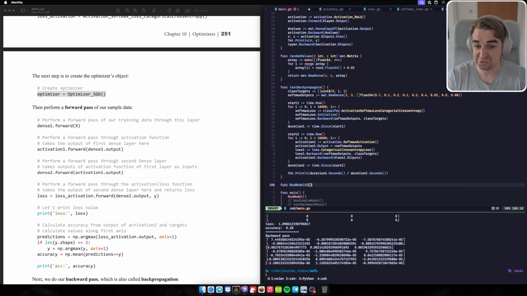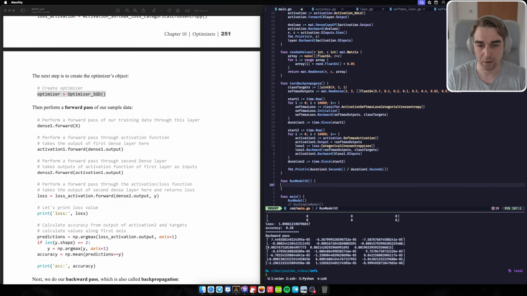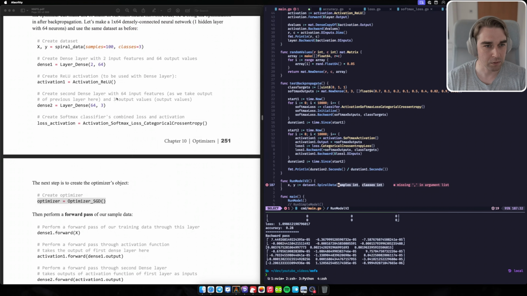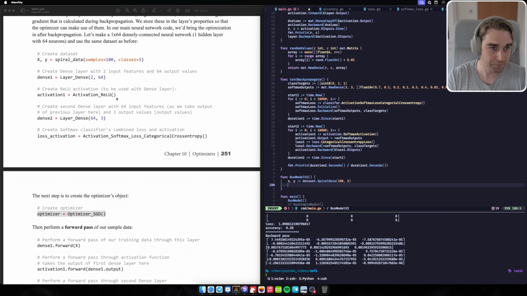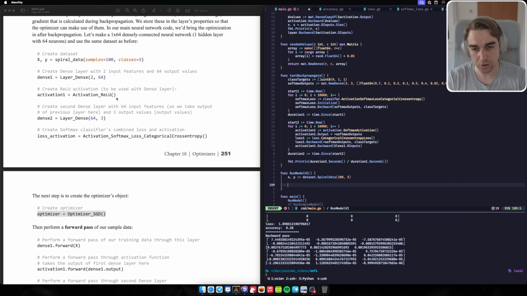Model v2. No idea why, but okay. X and Y are taken from the dataset spiral data, and I think that's the same 100 by 3. We have the data. Then we need to create the model. So creating the first